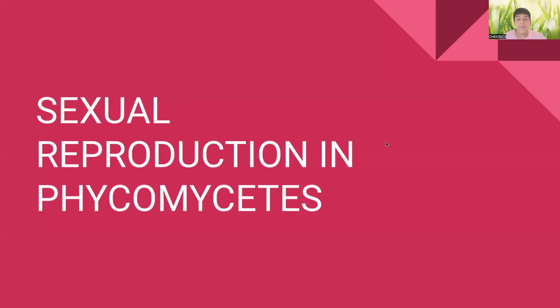So now you have sexual reproduction in Phycomycetes. In the previous cycle, the zygosporangium forms, you get your sporangium from there, and there's a lot of meiosis and mitosis taking place. The sporangium bursts and the spores germinate. For sexual, it's a little more complex. So what happens in sexual is,